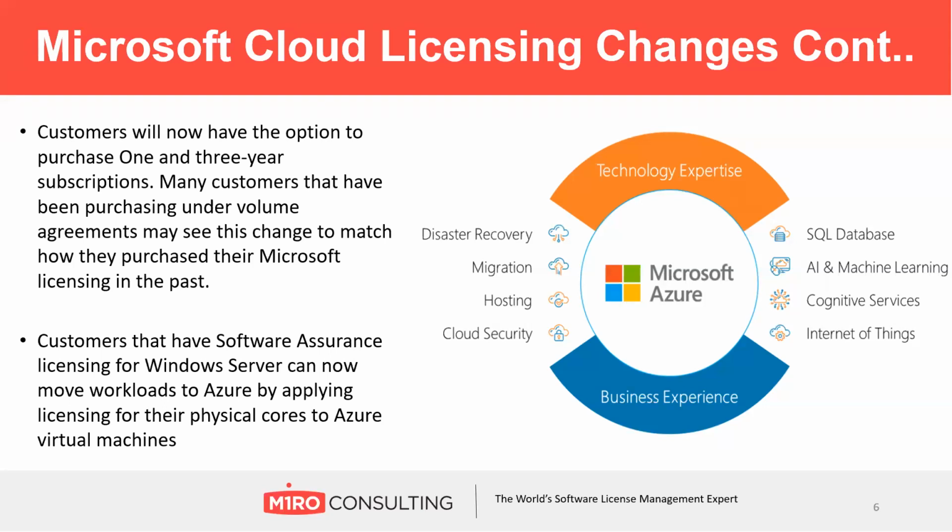One of the other areas that changed as well: if you had Software Assurance on your Windows Server, you can now, as I mentioned before, move those workloads to Azure. This can be based on the physical cores that you've licensed to go to Azure virtual machines. Again, this can help if you have the hybrid, if you're moving piecemeal, or if you want to do the complete move. You already have these licenses. You can use those licenses in the cloud now, so you're not losing the money that you spent. You're also able to use these products going forward and it helps you budget.